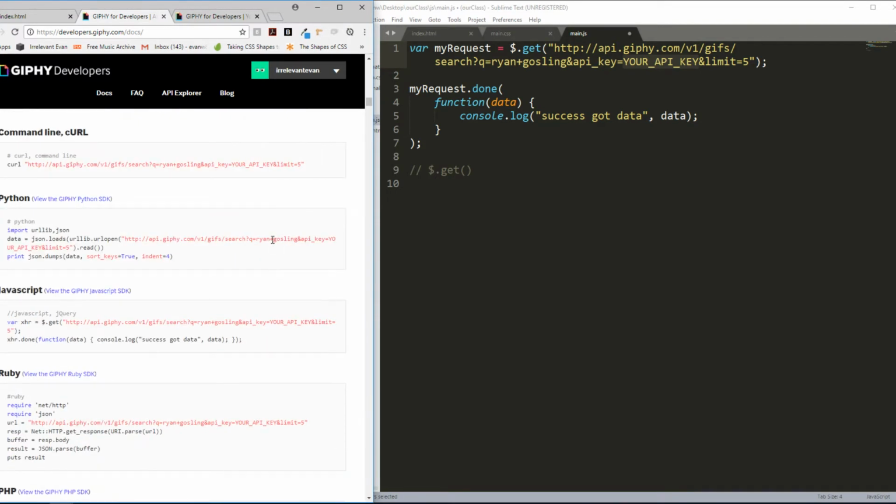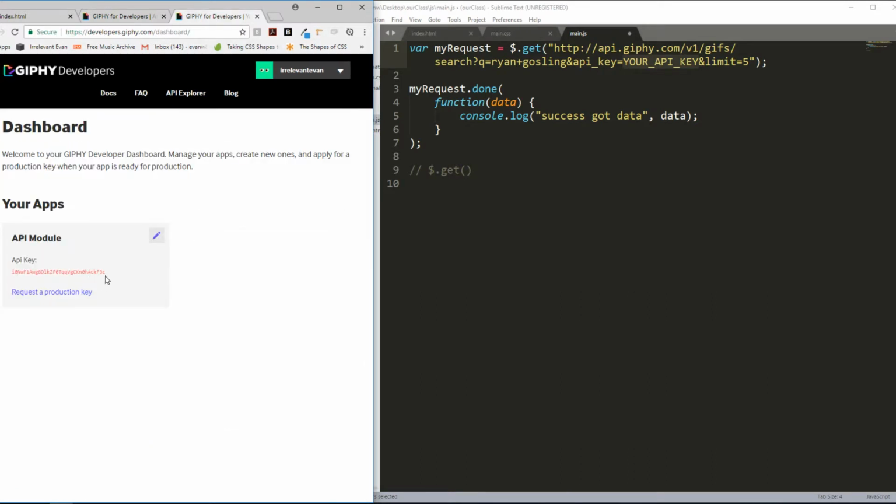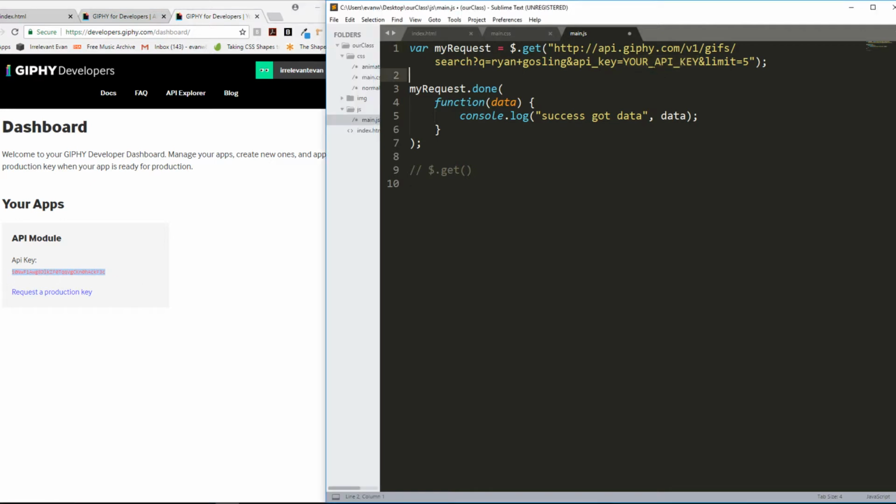I created an account, registered an app, and I got an API key right here. So I'm going to copy my API key. I'm going to paste it in place of your API key and save. Okay, and now we're at a point where we could test this